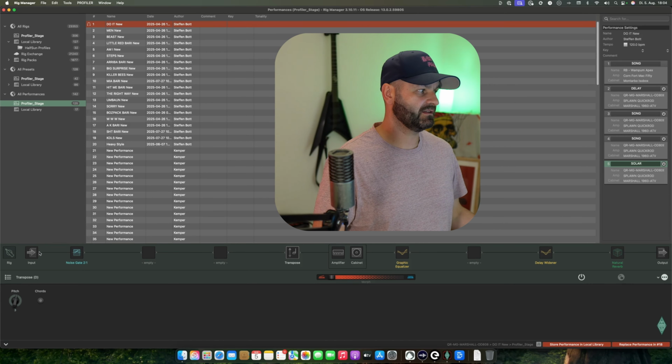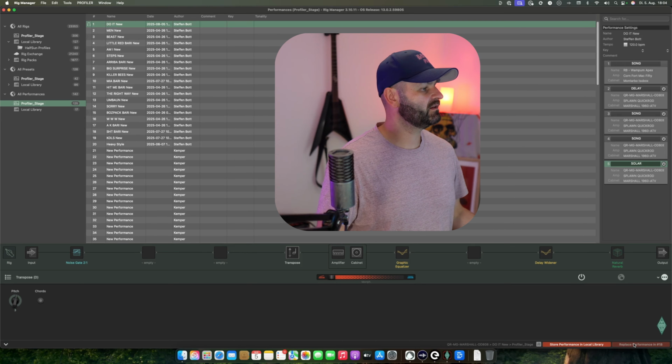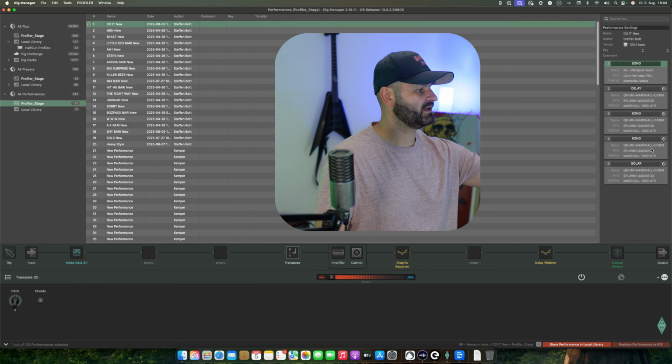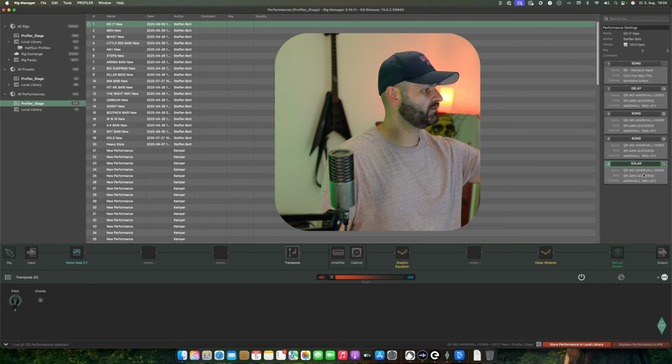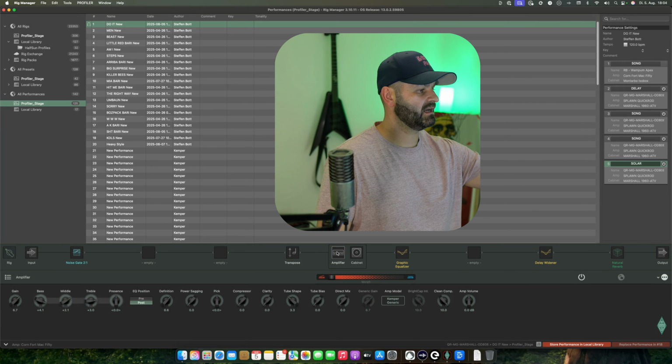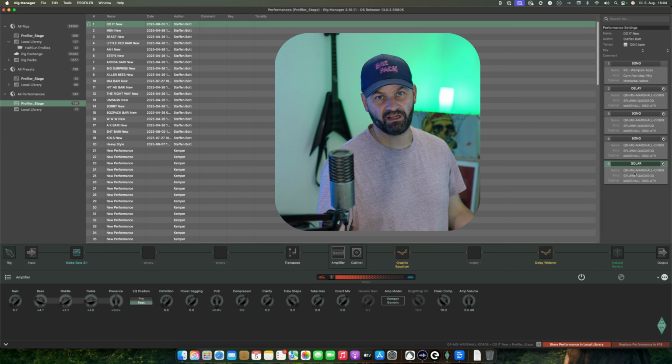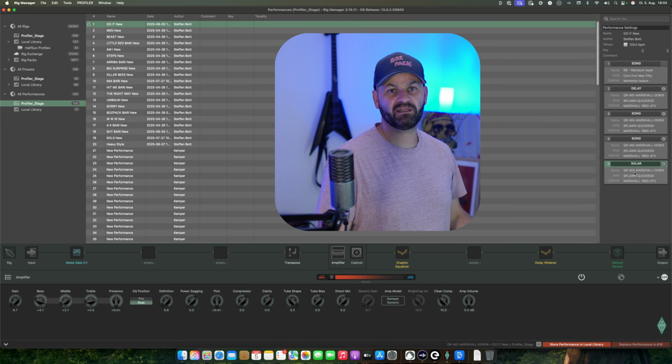Anything else is the same settings, the same noise gates or whatever, and just save it, syncing to my Profiler stage, and that's it. That's what I want to have. Noise gate, everything is the same, ratio 2:1, transpose, amplifier. So it's basically the same, since I've just copied and pasted the performance, and the only thing I've applied is the transpose or pitch correction in order to get it done